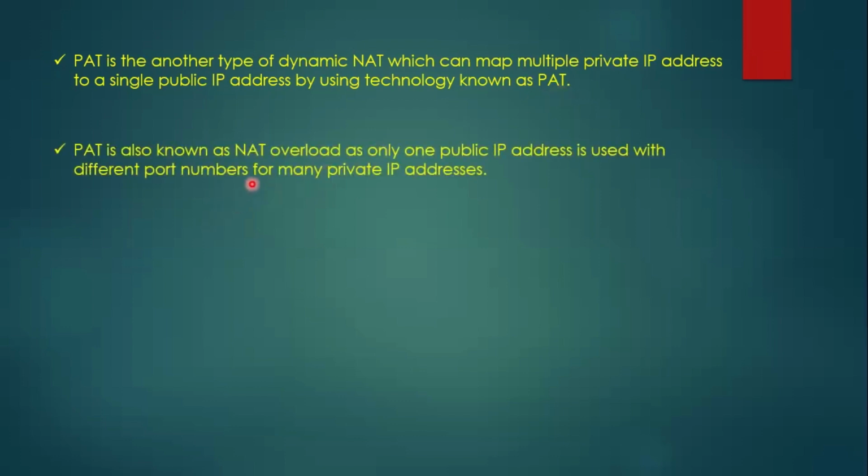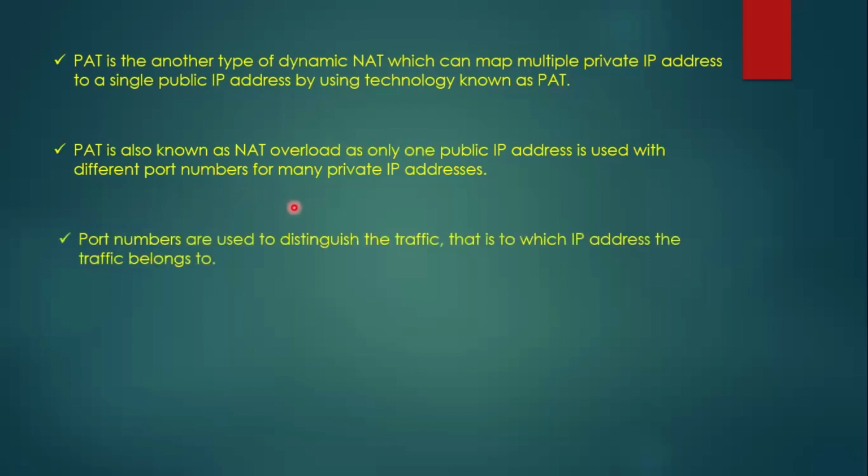So PAT is also known as the NAT overload, as only one public IP address is being used with different port numbers for many private IP addresses. Why is it known as overload? Because only a single public IP will be used for n number of private IP addresses just by altering the port numbers. So port numbers are used to distinguish the traffic, that is, to which IP address the traffic belongs to. As we are using only one public IP, we are distinguishing the traffic by using the port numbers